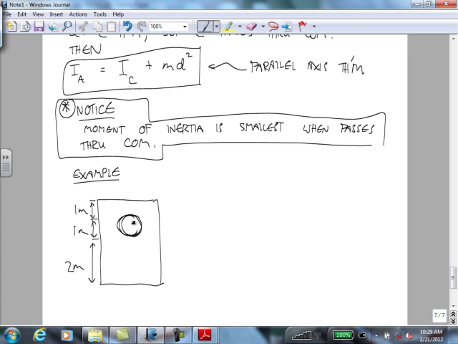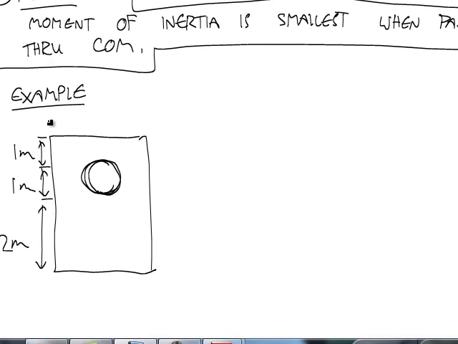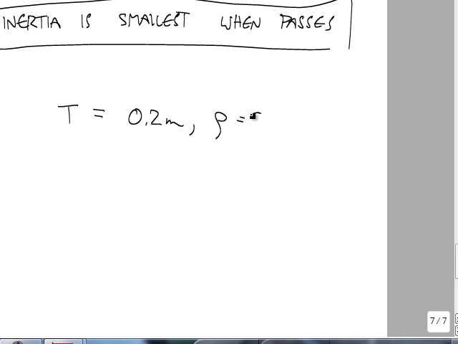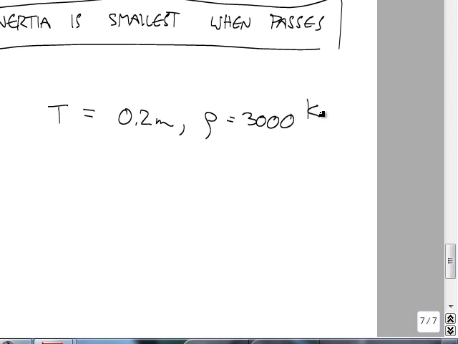And let's say the thickness is 0.2 meters. And the density of this shape is 3,000 kilograms per cubic meter. And